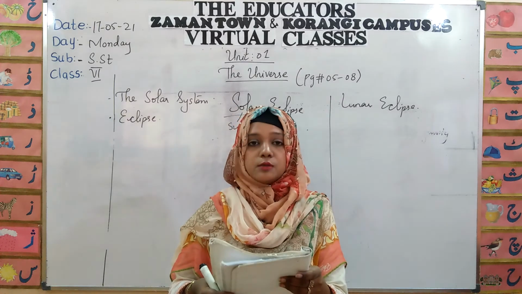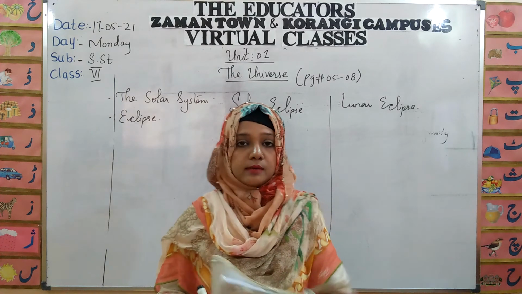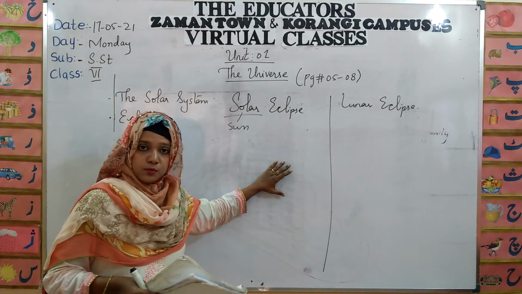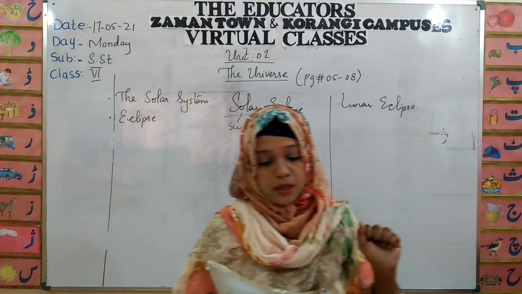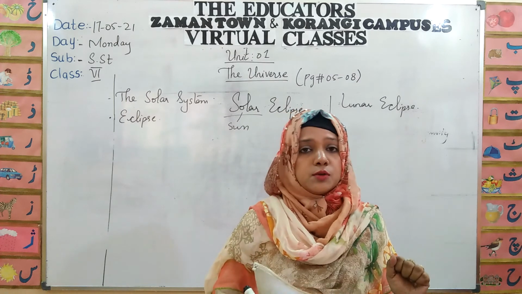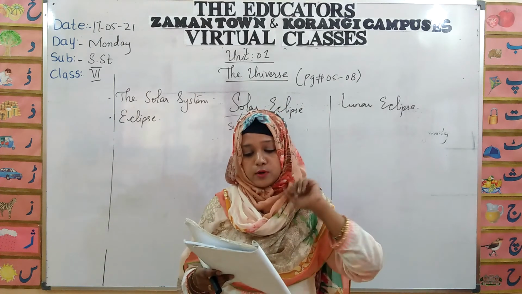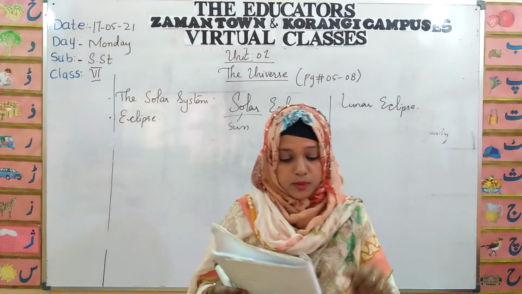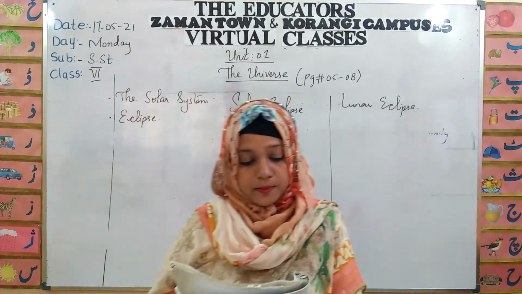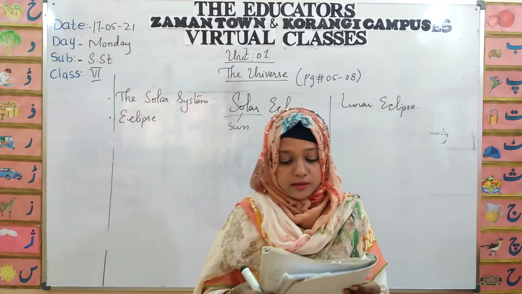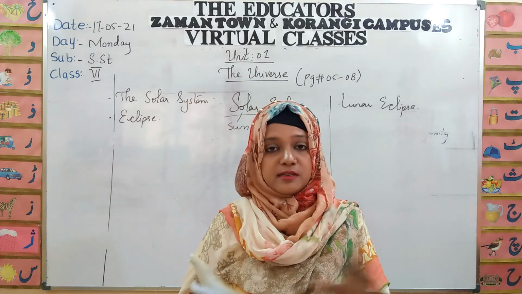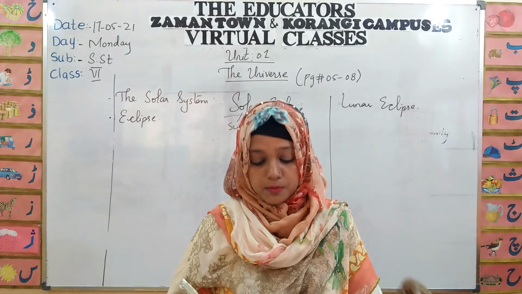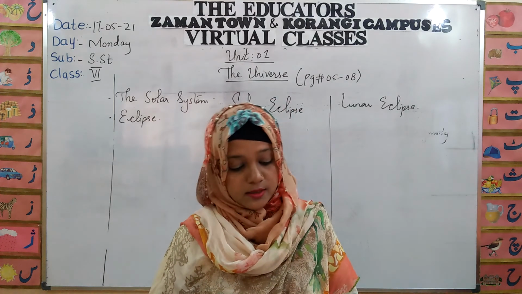Question 2. Differentiate between solar and lunar eclipse. I have just explained you very clearly. If you understand the lecture, you can grab the answer from the lecture. How many differences do you need to write? Write down any two of your choice. Don't need to write too much. Question 3. Write the number of moons of every planet. There you can write the complete table given in your books on page number 6.